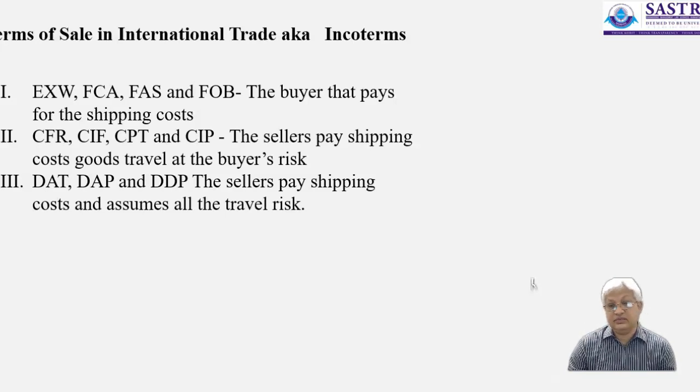DAT, DAP and DDP. Here, the sellers pay the shipping cost and also all the travel risk. Now, depending on the kind of goods that is being sent, the quantity, the criticality, the fragility of the goods, perishability of the goods, the cost, the unit cost,